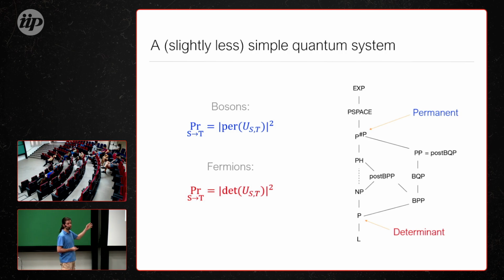I think the reason why this one was noticed first is because the permanent arises extremely naturally when you're computing these things. And I think Scott Aaronson said that Valiant is the one that studied permanents originally several decades ago. And apparently, immediately when he defined the permanent function and studied its complexity, he already knew that bosons and fermions had this distinction, but he didn't know what to do with it. So even at the beginning, people said, that's funny that bosons are based on this permanent, which is a really hard function. What do we do with that? Don't know. And then it took 30 or 40 years for someone to formalize that.